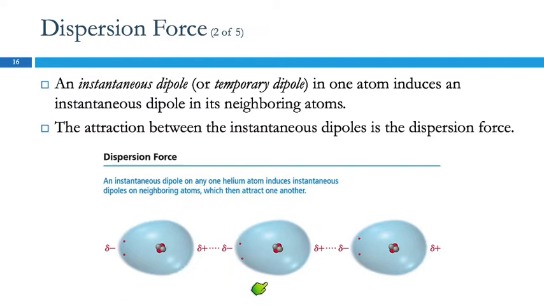If we have an instantaneous dipole on one atom, that can cause or induce a dipole in a neighboring atom. So here's the one that was lopsided just by chance, right? Partial negative, partial positive charge. This partial positive charge on the first atom is going to attract the electrons of a neighboring atom. And that's going to form an attraction between the 2 atoms. And this attraction is the dispersion force. So this one induces a dipole on that one. This one induces a dipole on that one, and it goes around like that. But then this one's dipole disappears, and that one's gone too, and it all goes away again.